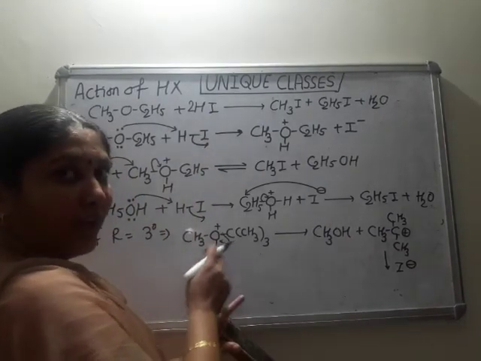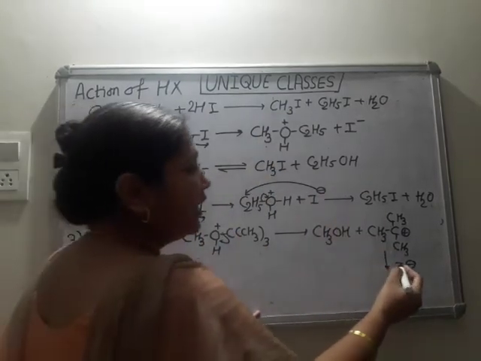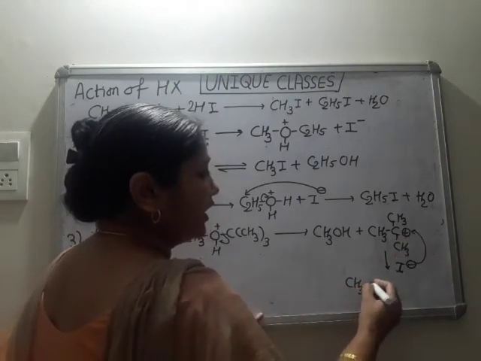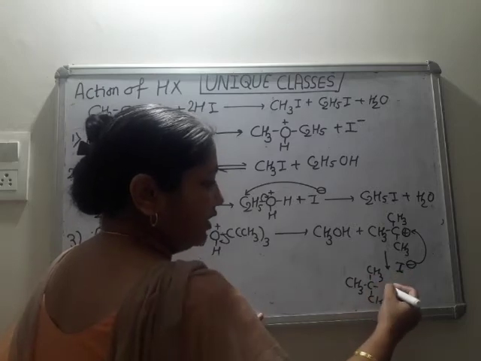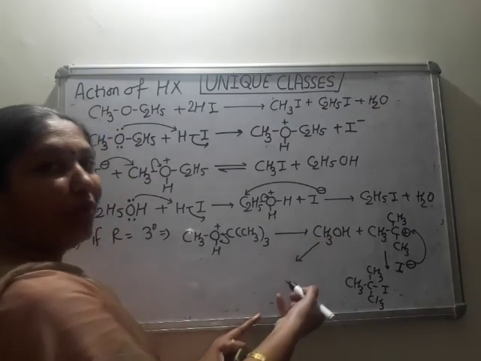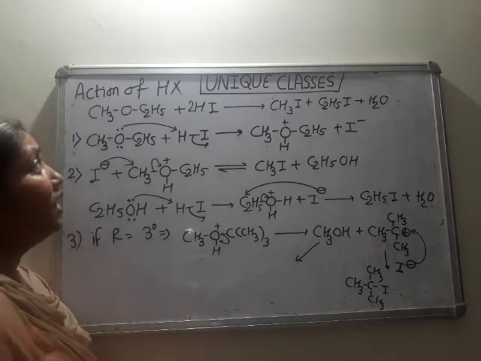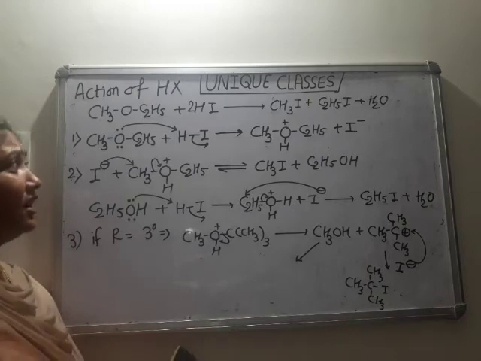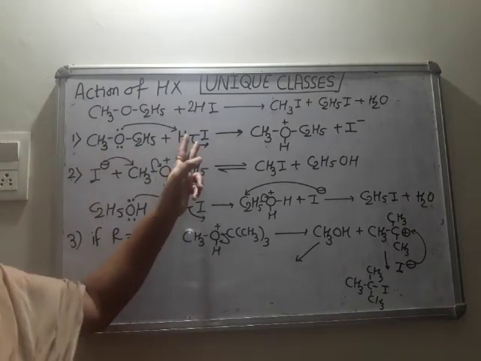So 1 H plus is used. Directly I have shown you this step. So 1 I minus is still there, and now this I minus attacks this carbonium and it is converted into (CH3)3C-I. And again it is attacked by a second mole of HI and we will get CH3I. Got it? So the action of HI, what they want to say is, when mixed ether reacts with HI,